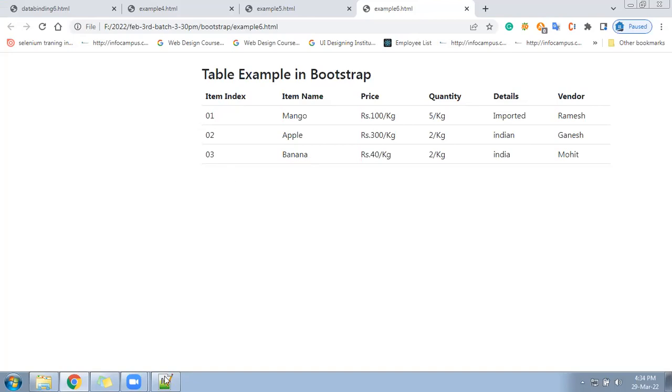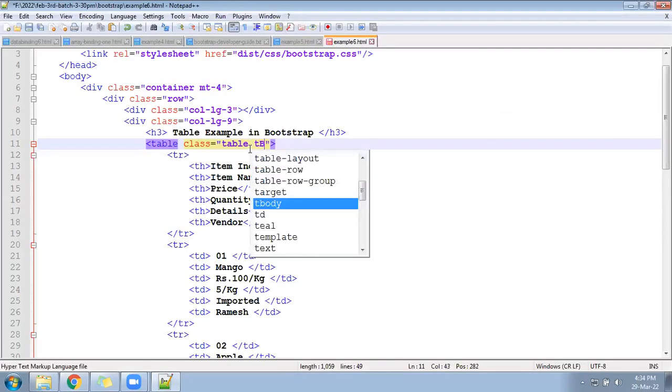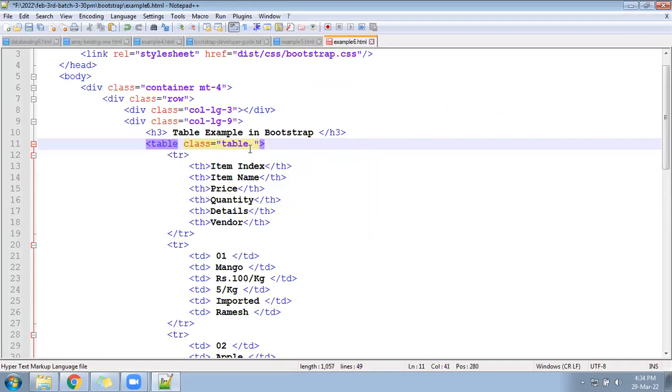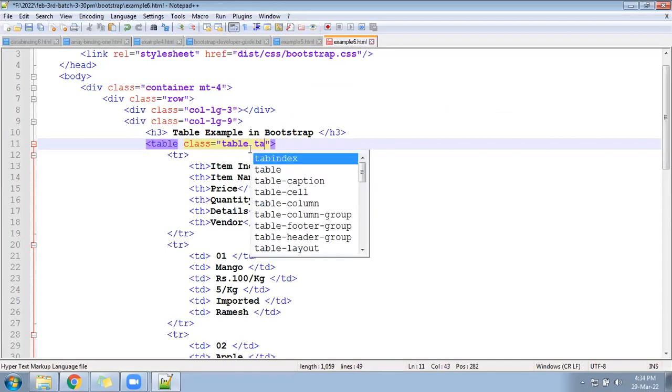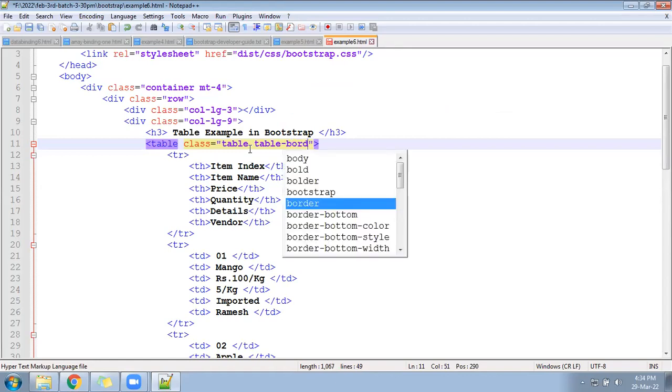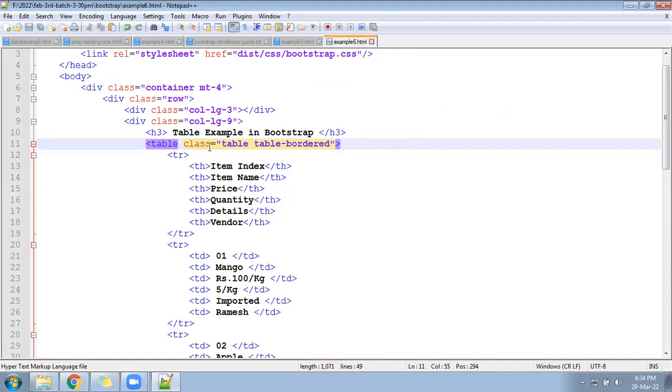So let's come here and apply one more class that is called table-bordered. Table-bordered.